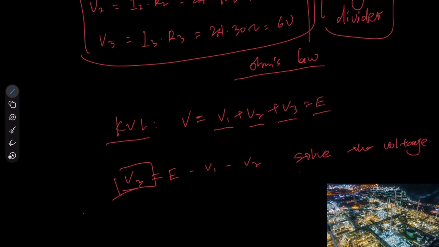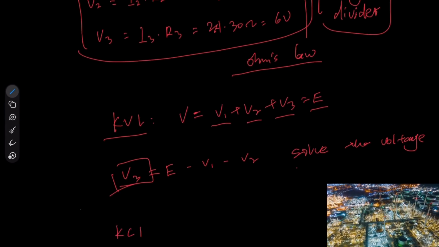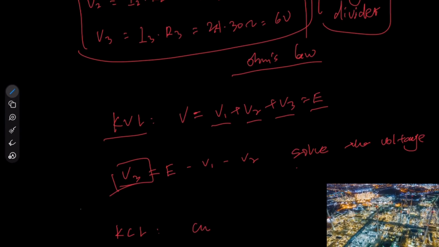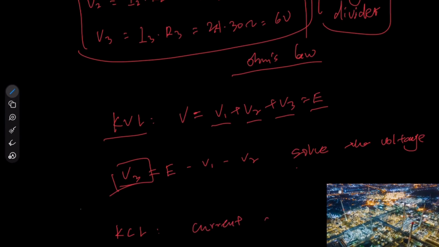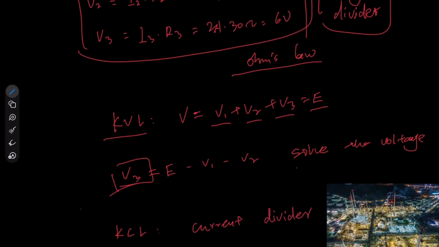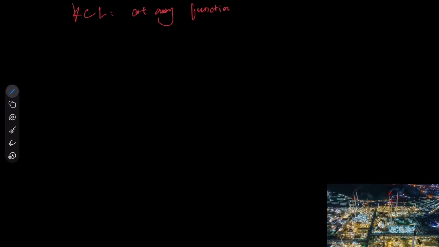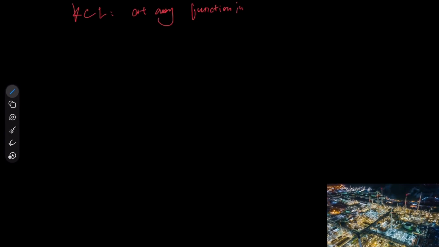Now let's look at the KCL and current divider. So KCL is Kirchhoff's current law. It says that at any junction in a circuit,